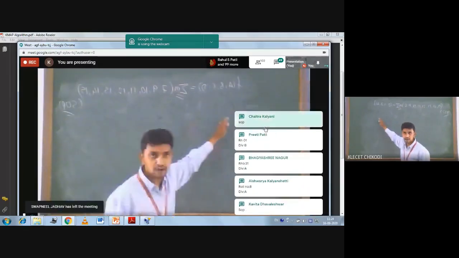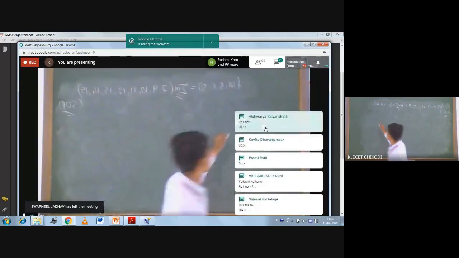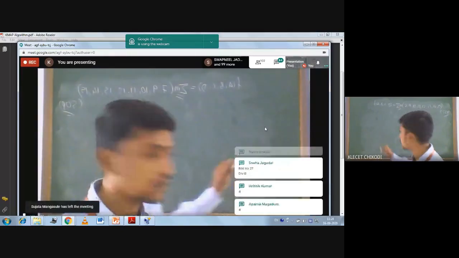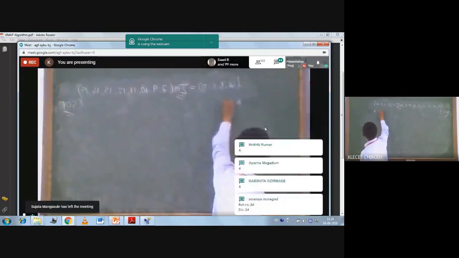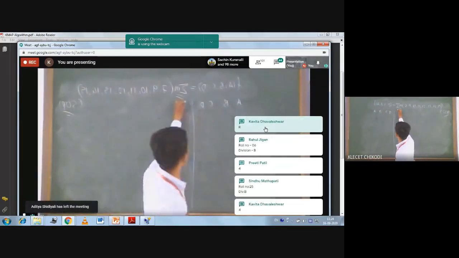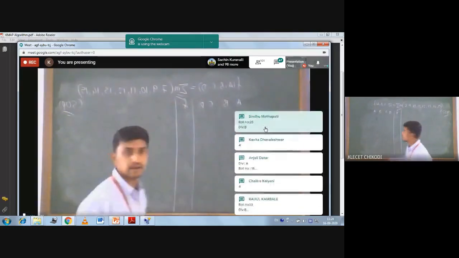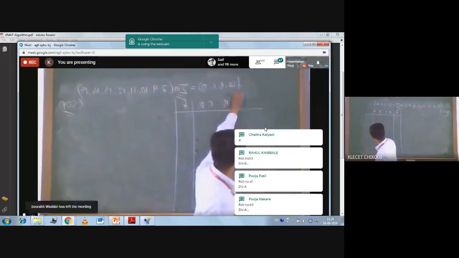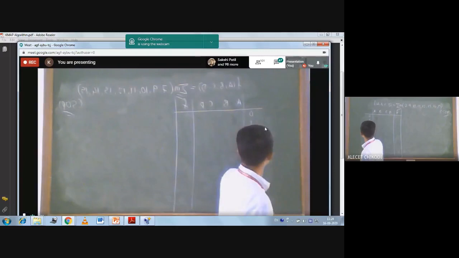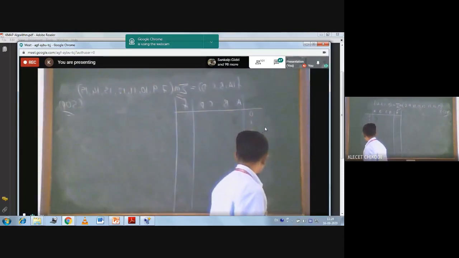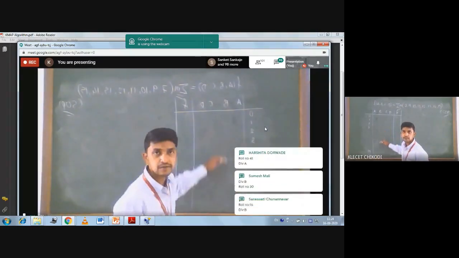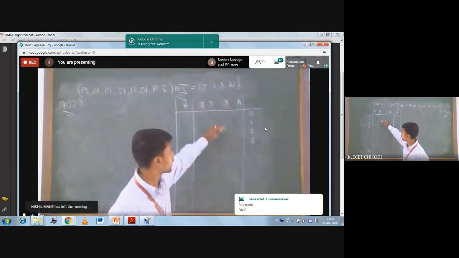Now you have to draw the truth table for this. Fine. So how many input variables are there? For the given function, there are 4 input variables: A, B, C, D. And if you want, you can take the output as F itself, small f. Now, your total 0 to 15 combinations: 0, 1, 2, 3, like that up to 14 and 15. Total 16 combinations are there. You have to write down the input combinations here.